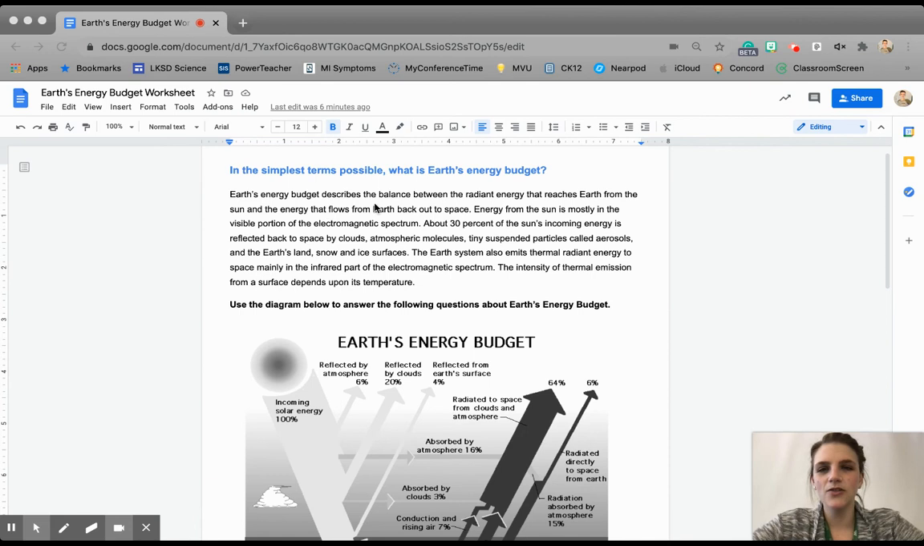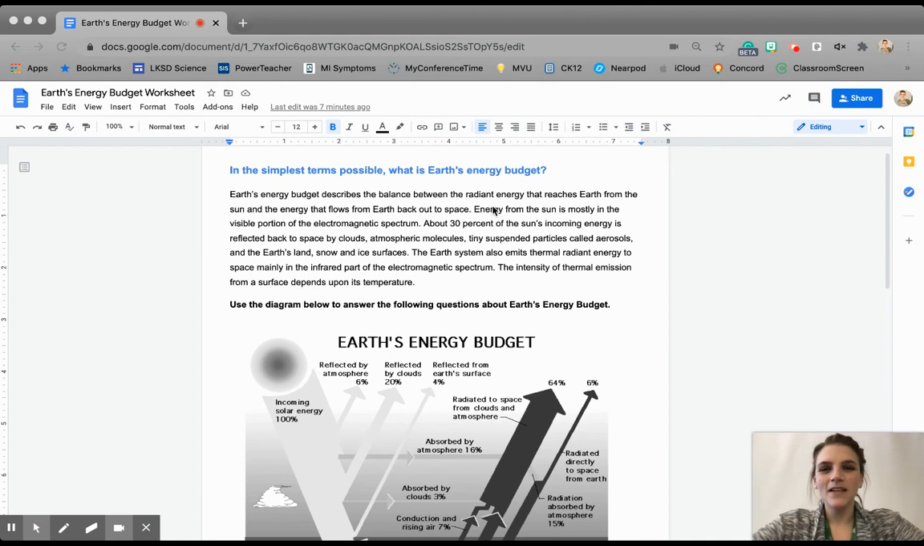It says, the budget describes the balance between the radiant energy that reaches Earth from the sun and the energy that flows from Earth back to outer space. If we think about it, if we had 100% of the sun's solar energy coming and hitting us all the time, we probably would not survive. Okay, so this is important to our survival in the long run that we don't actually get 100% of the